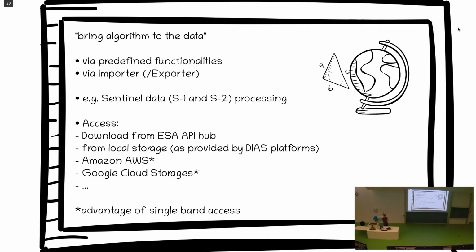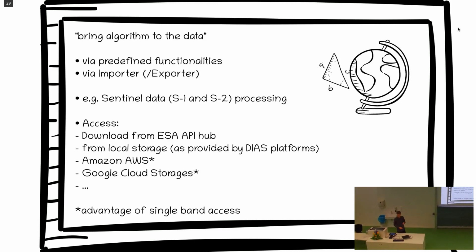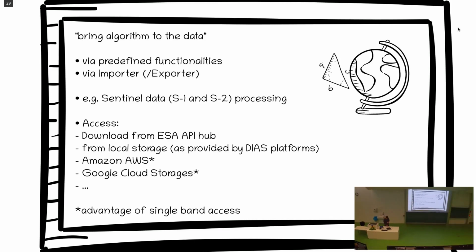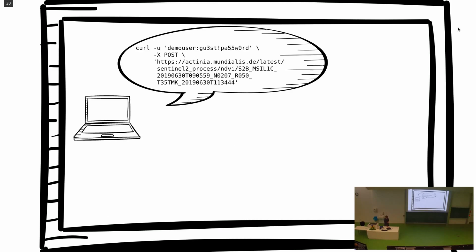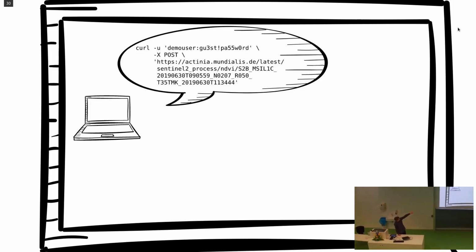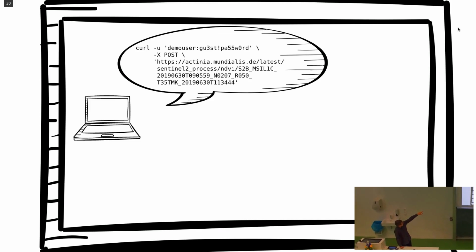With these two, they have unpacked everything in the cloud storage, and you can just say, okay, I want channel 4 and channel 3. And that's so much faster. So no idea if ESA is planning to do anything about it, but at least this is a way to do it. So for Sentinel processing, another example, you just say server URL, you say I want to have the Sentinel-2